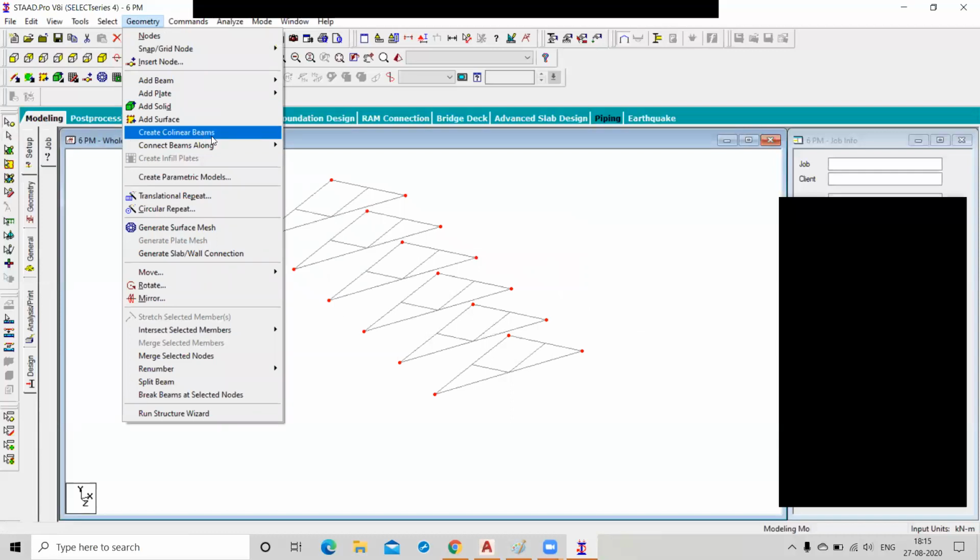Collinear means drawn in a single line. As we all know, 2 points are always in a collinear line. I'm talking about 2 points, not 3.